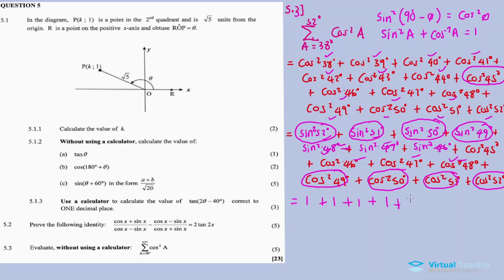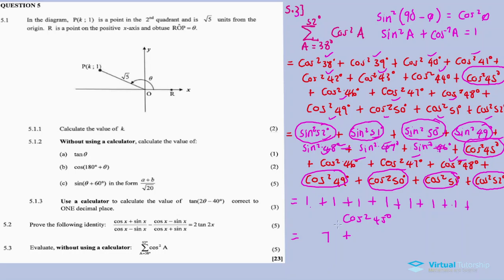It's 1 plus 1 plus 1, seven times 1, plus cos squared 45 degrees plus cos squared 45 degrees. This is equal to 1 plus 1 plus 1, seven 1s. They give me 7 plus